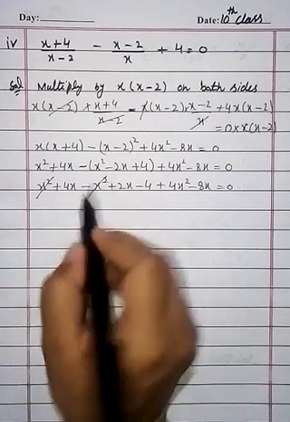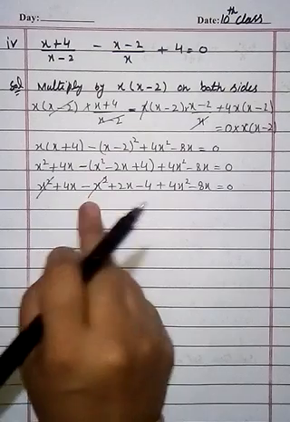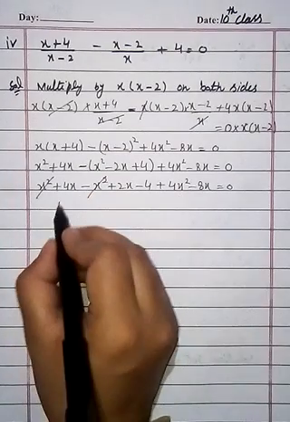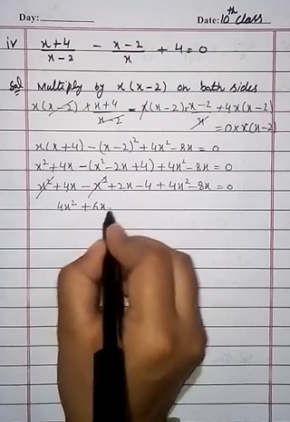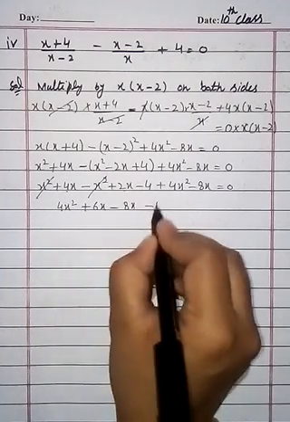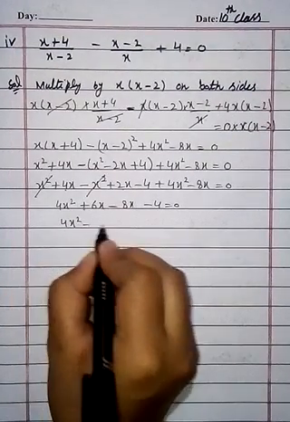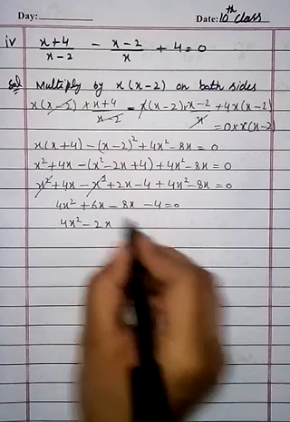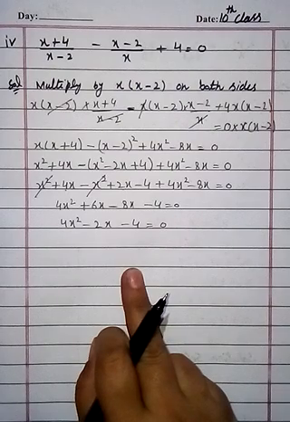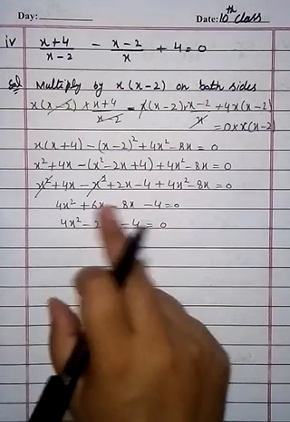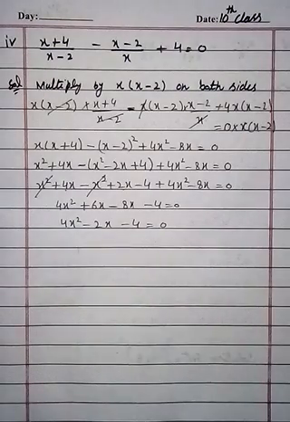Now x square cancels with x square because one sign is plus and the other is minus. Both have opposite signs, so they will be cancelled. Now the remaining is 4x square. Now 4x plus 2x is 6x, minus 8x, minus 4 equals 0. Now 4x square minus 2x, because the bigger number has the sign of minus, so minus 4 equals 0. Now you have to convert into the standard form of a quadratic equation. Check that the bx term is present here, so it is not a pure quadratic equation. It is the standard form of a quadratic equation.